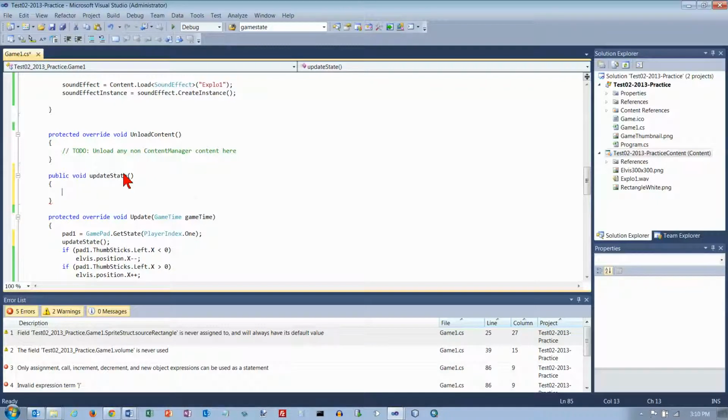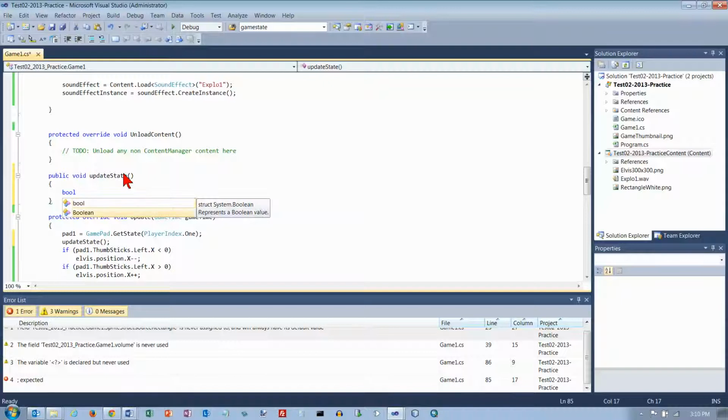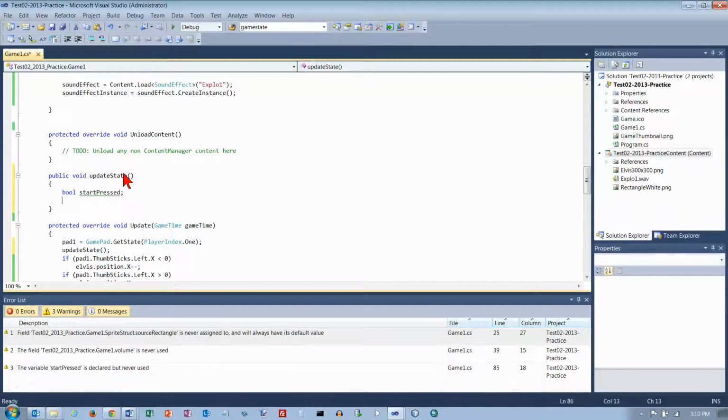Actually, let's try a Boolean here. And it doesn't matter which one I use. Those are basically the same, two names for the same thing. And we're going to call this start pressed. And start pressed equals